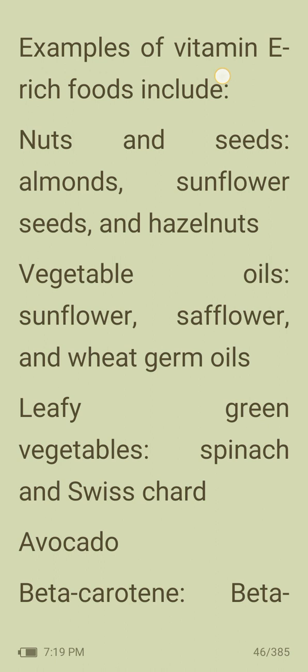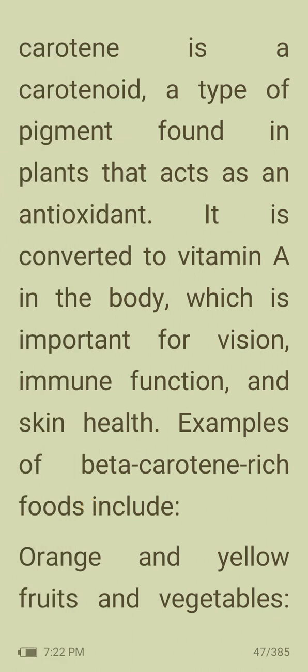Then, vegetable oils like safflower oil and wheat germ oil. Leafy green vegetables, spinach and Swiss chard. Then, avocado. Beta carotene. Beta carotene is a carotenoid, a type of pigment found in plants that acts as an